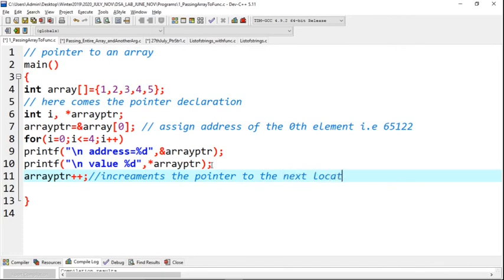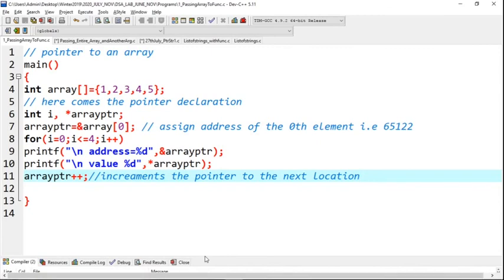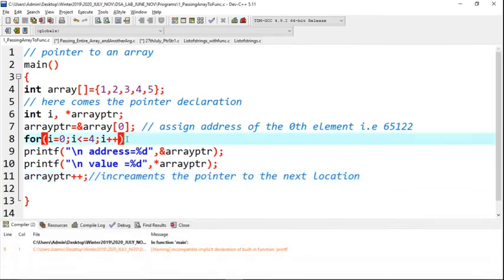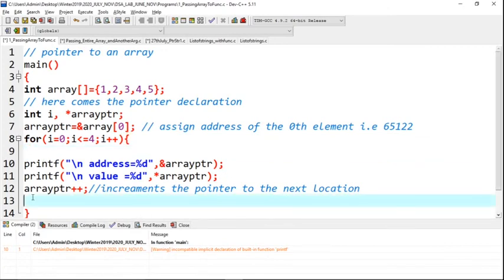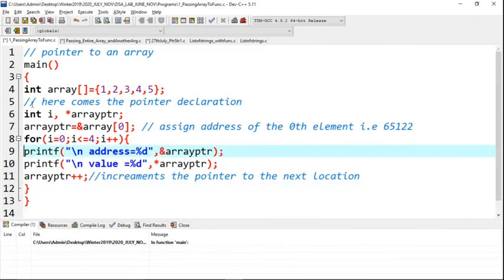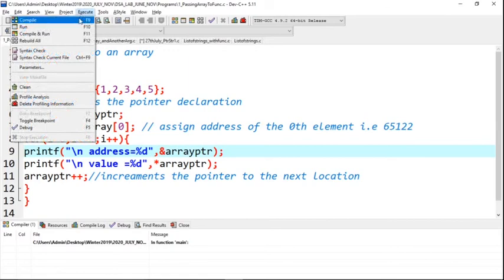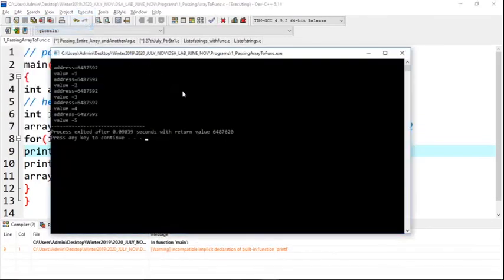Okay, so let us run this one. Let's save it and run. I think we have executed successfully. See, here you can see the output.